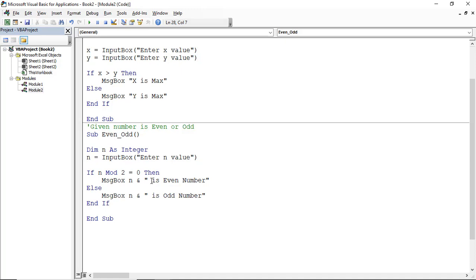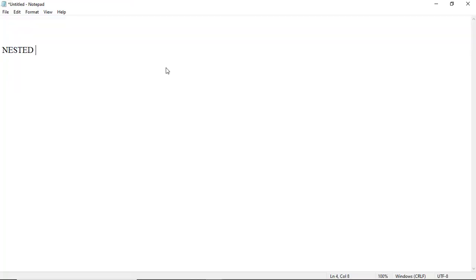If you want to check any condition, then we'll use these conditional statements if and else. But in these scenarios, we are using only one if and one else. In case you want to check multiple conditions, for example maximum of 3 numbers or 4 numbers or any other programs, then we'll go for nested if else. So it's called nested if else. So what is nested if else? In if else,